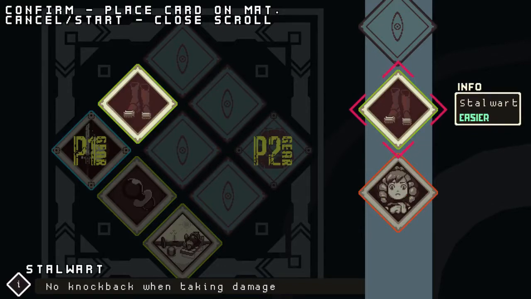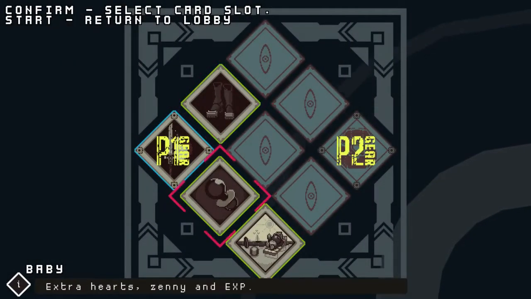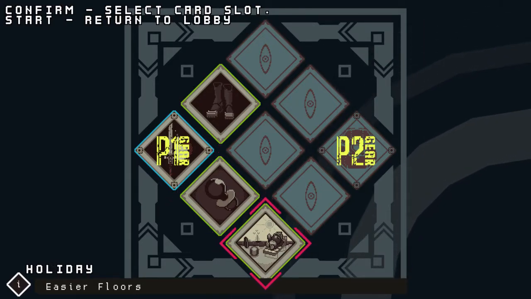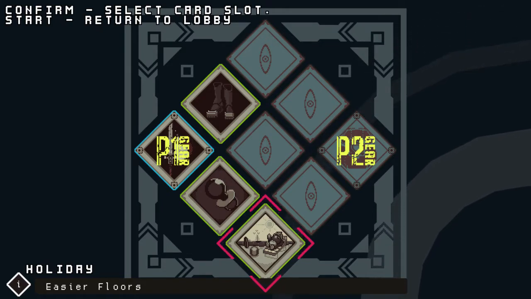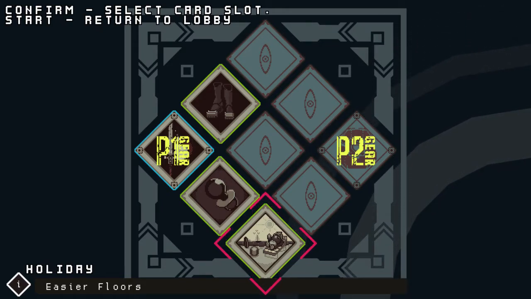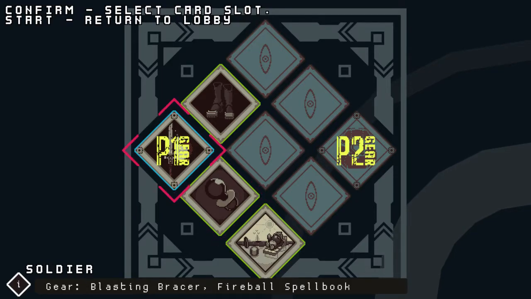Like this card makes it so that I don't take knockback when I take damage. Whoops, I unequipped it. There we go. This card makes it easier because I get extra health. And this thing makes it even easier, making the enemies easier, I guess. I don't know. I'm really bad at these games. I'm really bad at these action, twin stick shooter games. They're too frenetic for me. So that's why I have these rules that make it easier. Not that I have that many cards to select from, but